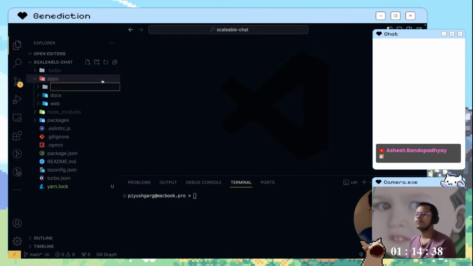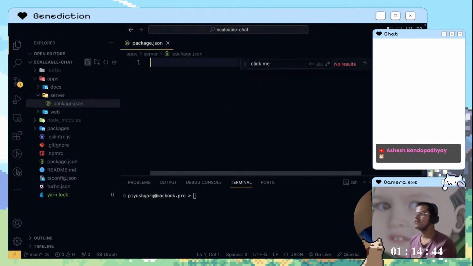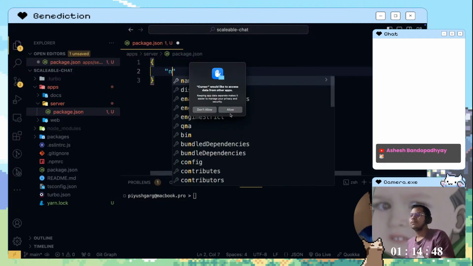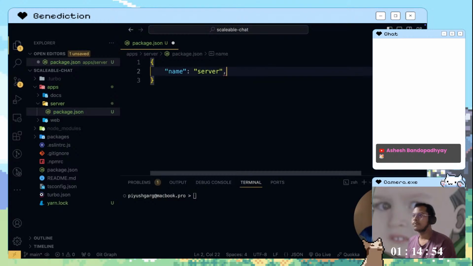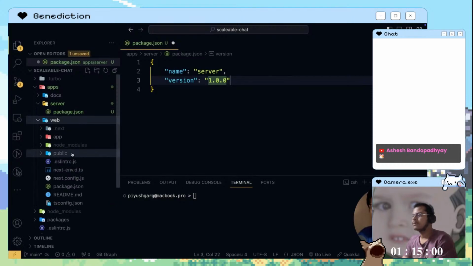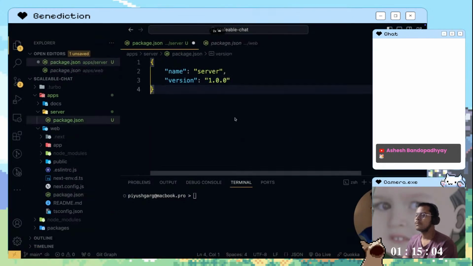तो उसके लिए हम क्या कर सकते हैं, ऐप्स के अंदर हम एक फोल्डर बनाएंगे, इसको हम नाम देंगे सर्वर, ओके। एंड इस सर्वर के अंदर लेट्स मेक अ package.json फाइल, ओके। इस package.json के अंदर हमें कुछ चीज़ें हैं जो हमें इंपॉर्टेंटली देनी हैं। नंबर वन इज नेम, तो इसको हम नाम देते हैं सर्वर, ओके, नेम इज सर्वर। एंड उसके बाद सेकेंड चीज़ जो हम दे सकते हैं, वो हम दे सकते हैं यहाँ पर एक वर्जन, ठीक है। तो वर्जन हम दे देते हैं 1.0.0, जैसे हम वेब में देते हैं, राइट। एंड एक हमें देना है private: true, दैट्स इट, ओके, तो हम यहाँ पर करते हैं कॉमा एंड private true, दैट्स इट।